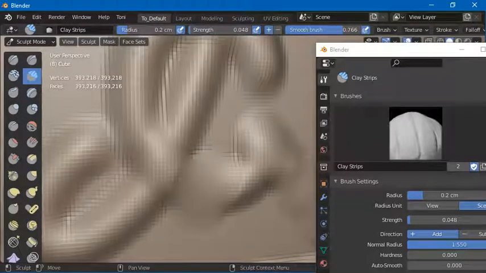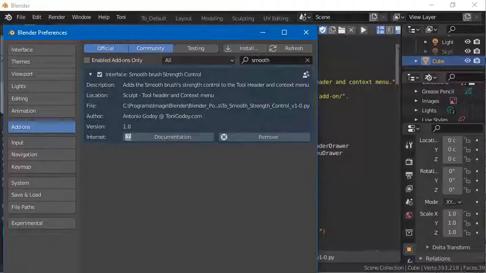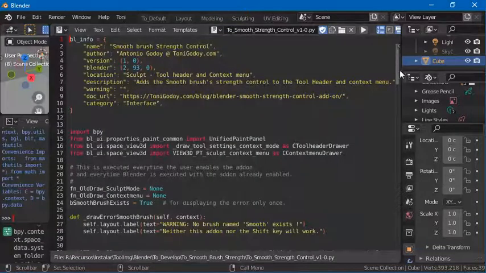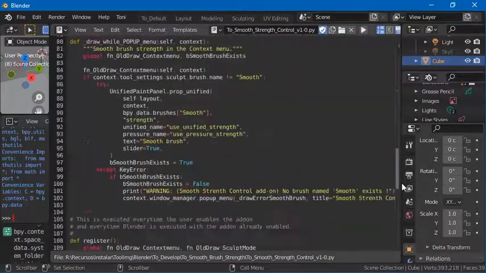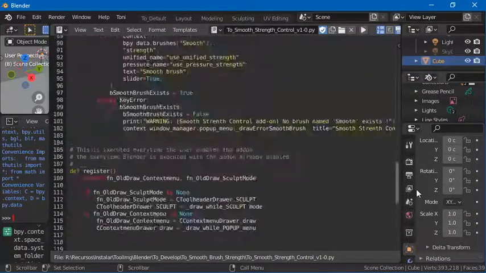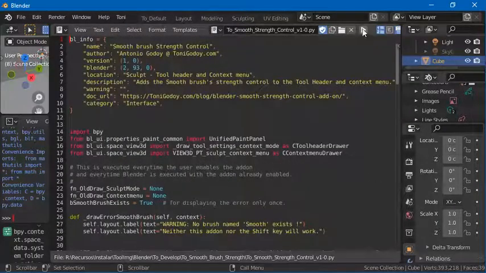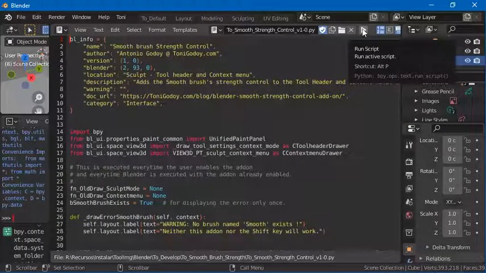The add-on can be installed by using the Preferences dialog box of Blender. It consists of a single file and it's very lightweight. Most of the code is about error control and many comments, so you can see how it works. Instead of installing it, you can open the file in the text editor of Blender and click on the Run icon, although in the latter case, the new controls will be active only during the current Blender session.